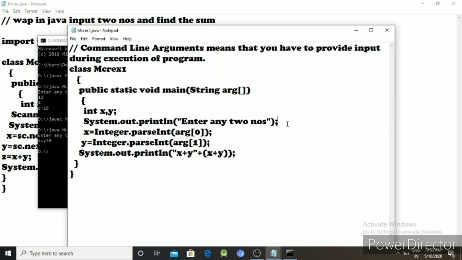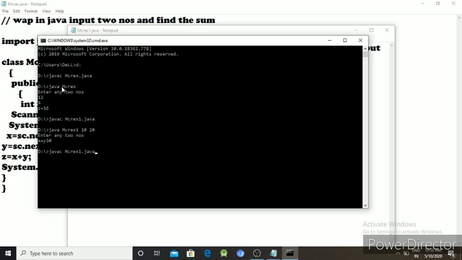So here this message will be deleted and the output format is x plus y equal to. Again you compile the program and execute. So 10 and 40. So output is 50.